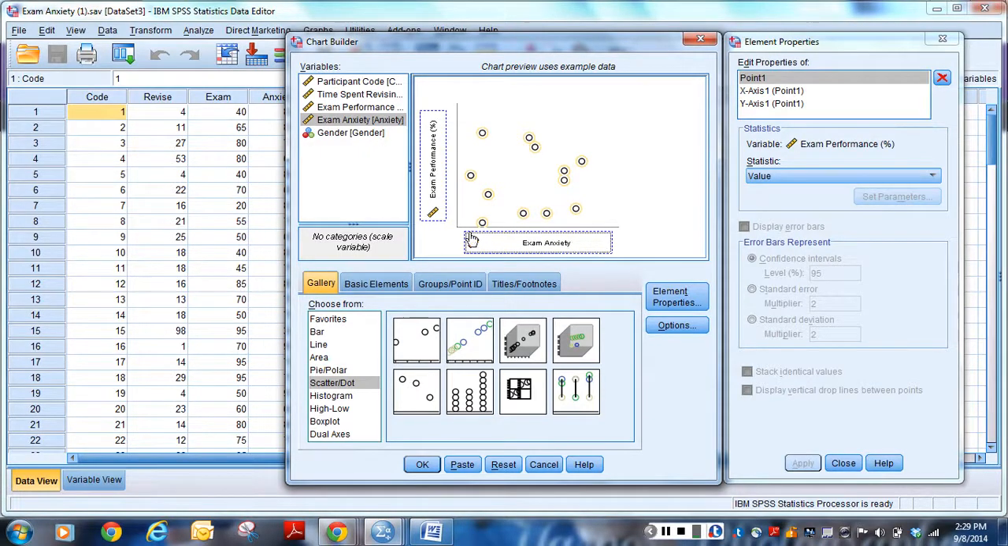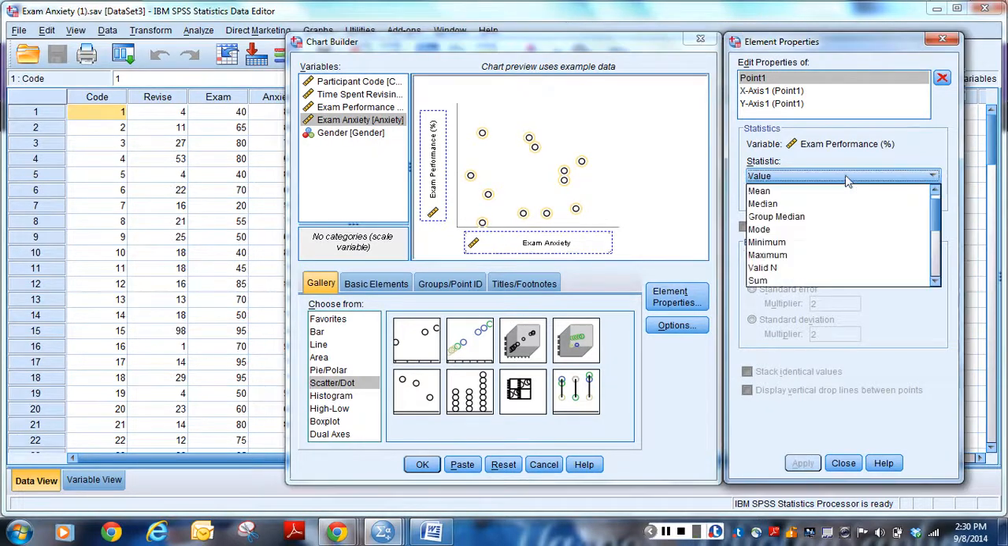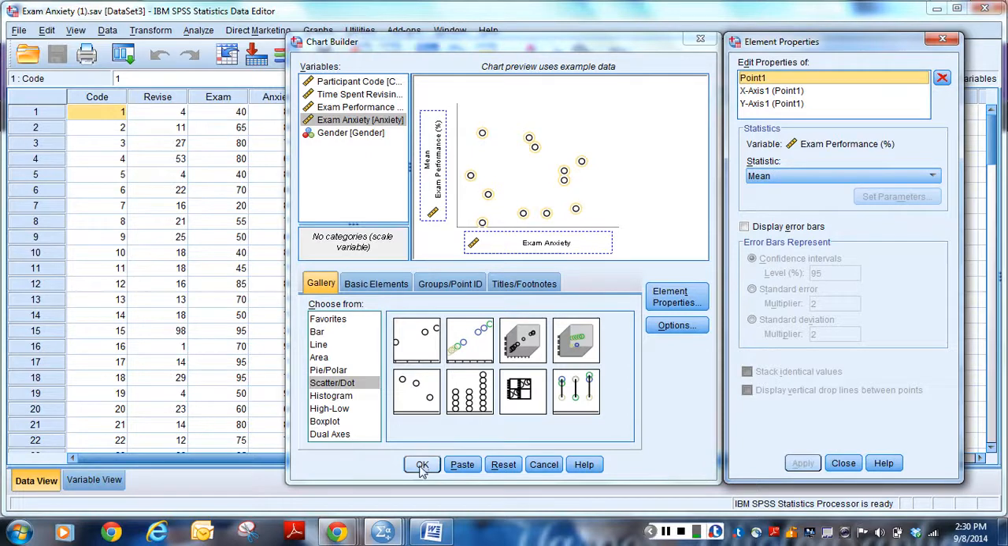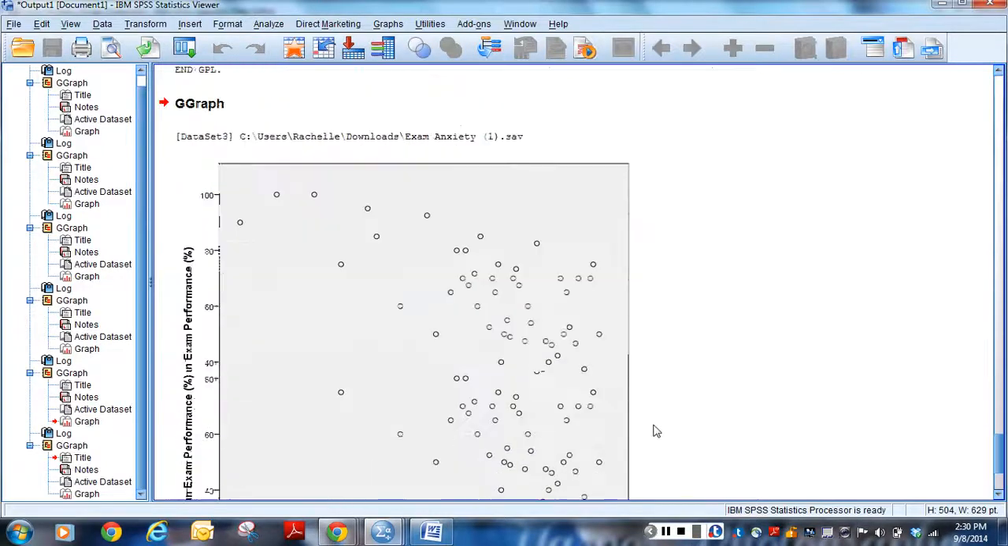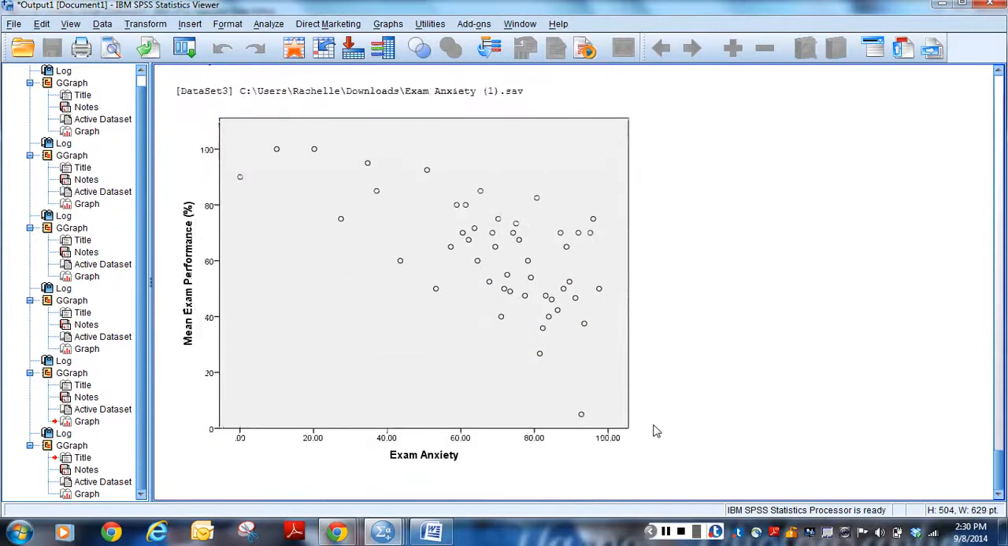So we have both of our variables here. We can go ahead. Well, I don't think it really matters for this, but we can just leave it as mean. And we will click OK. And here is the scatter plot for